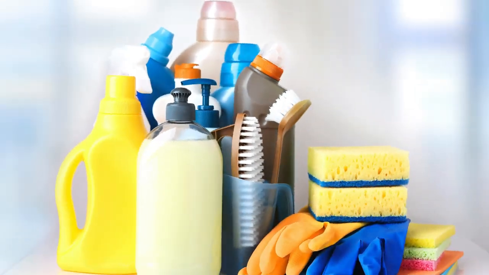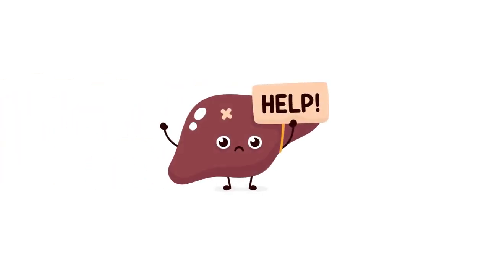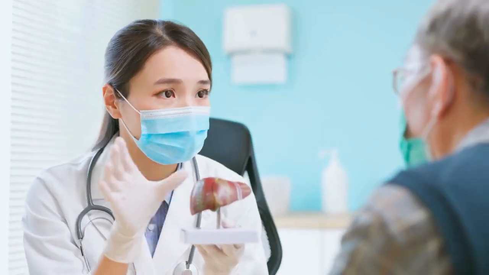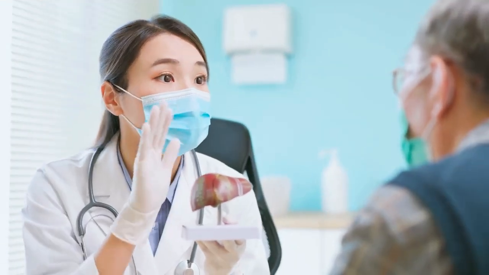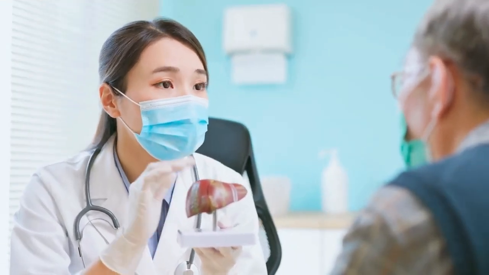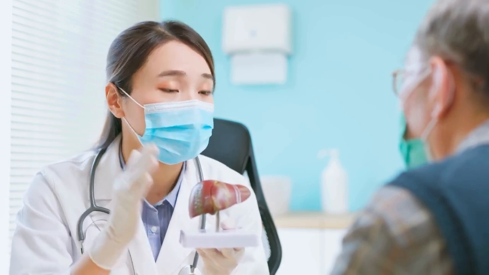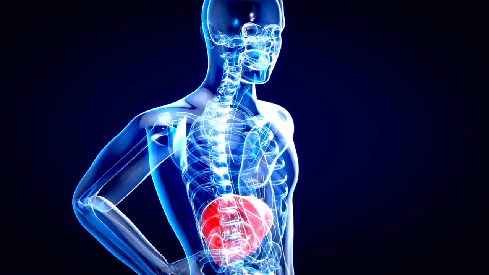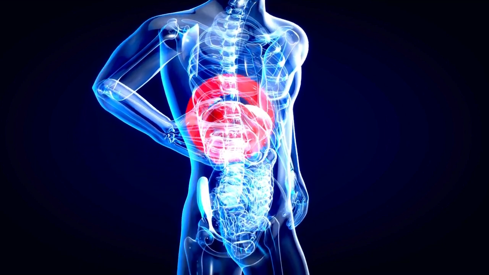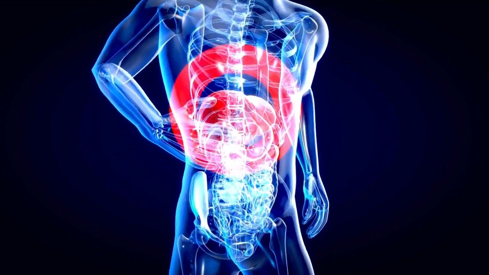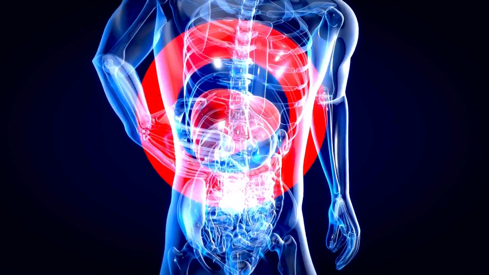Fatty liver disease is a common but serious condition that can often be reversed with the right lifestyle changes. By maintaining a healthy diet, exercising regularly, managing your weight, and limiting alcohol, you can take significant steps towards a healthier liver. Remember, reversing fatty liver disease is a gradual process that requires consistency and commitment. The benefits, however, are well worth the effort, leading to improved overall health and a reduced risk of more serious